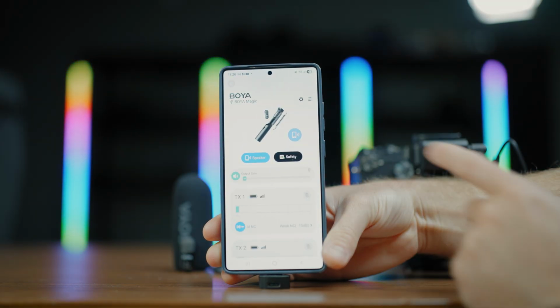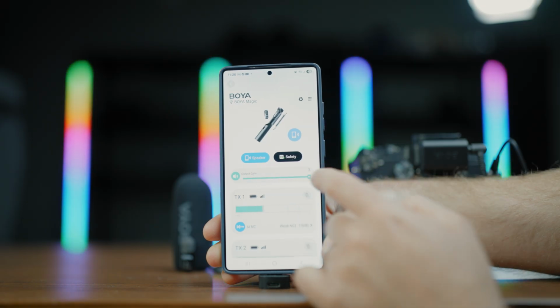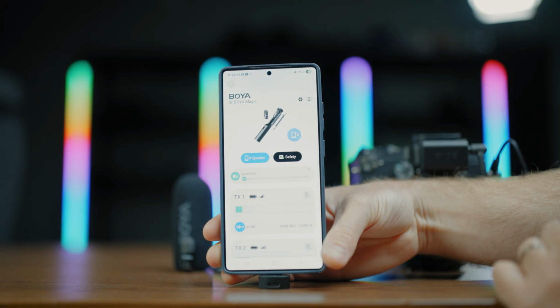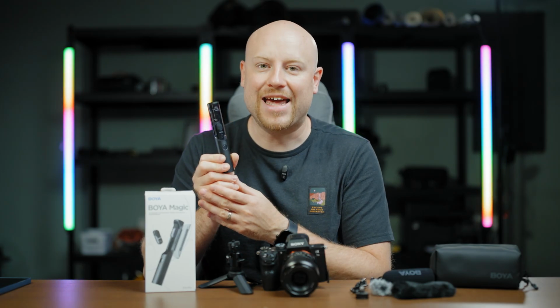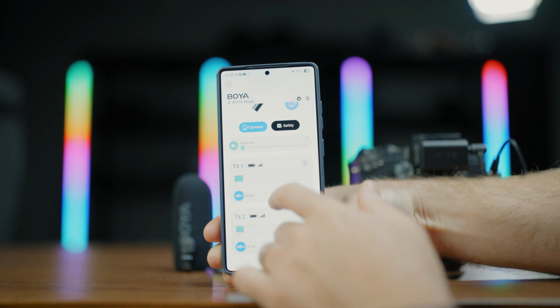Simultaneously, a safety track is recorded at -12 dB alongside the main track, providing redundant backup to ensure critical audio is never lost. And yes, it has automatic gain. It adapts in real time to sudden loud or distant soft sounds, enhancing subtle effects for a dynamic and